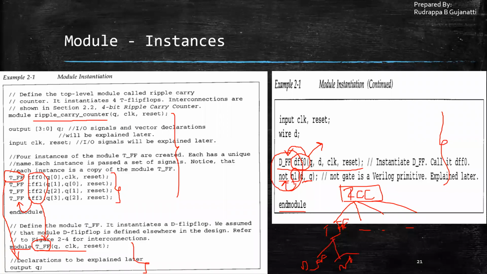This is the last level, which is the leaf level cell. And this is the sub block. This is the top level block. So in this case, you are using a top-down design approach.